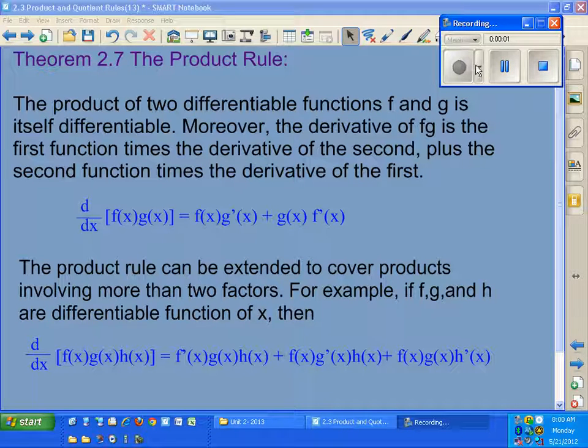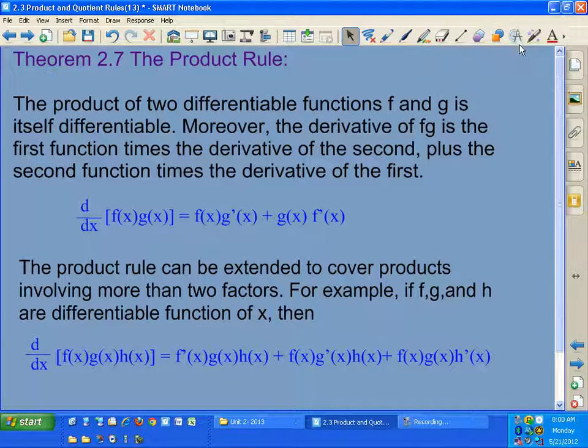Hello and welcome to section 2.3, product and quotient rules. In this section, we are going to be going through some more basic rules that we need to know to find derivatives, which will basically help us find the slope of the tangent line or rates of change or any of that stuff that we've been talking about. So the first rule that we have is the product rule, and this is when we have two